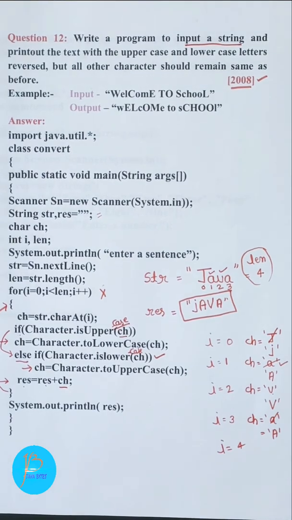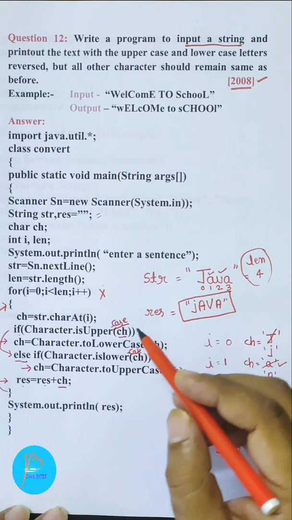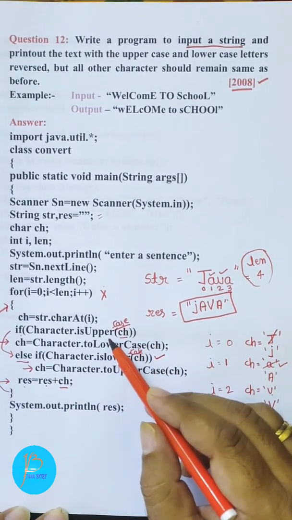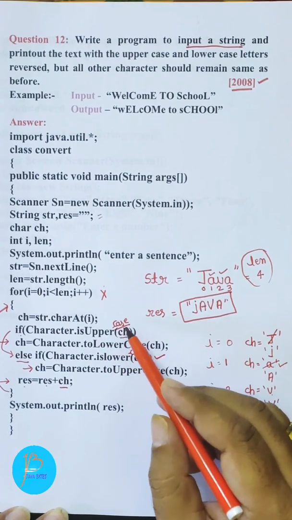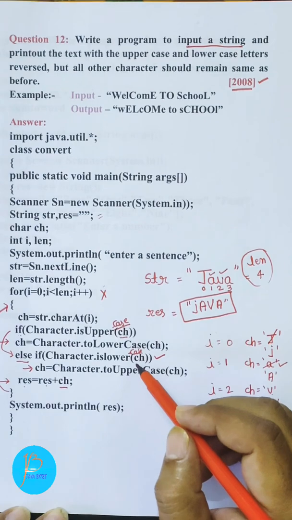Okay children, so I hope that you got the answer. It was a very simple one. The only thing, children, again I repeat, is that you will make the changes in the program: in the sheet, children, it is typed isUpper, so you have to make it isUpperCase, and in the same way isLower will turn to isLowerCase.